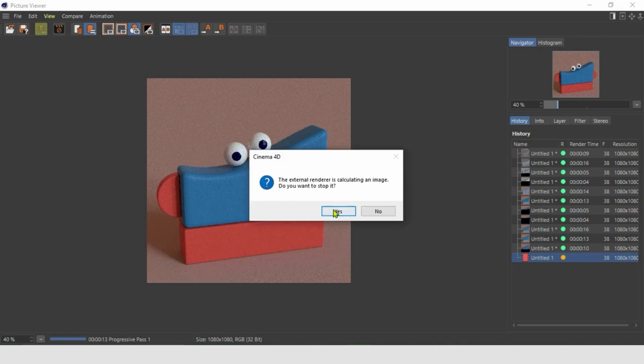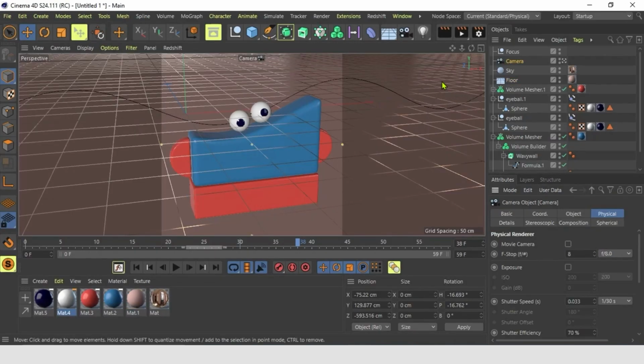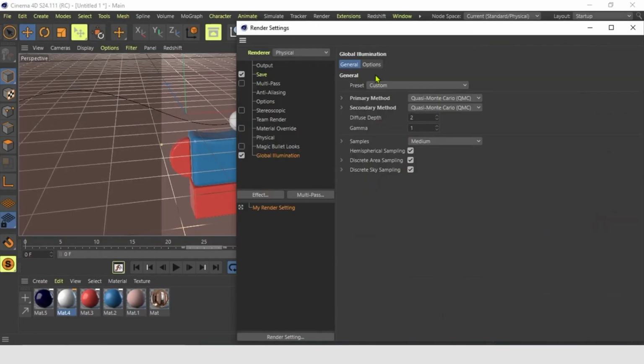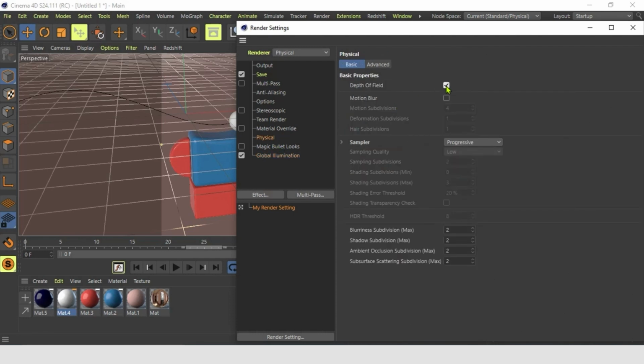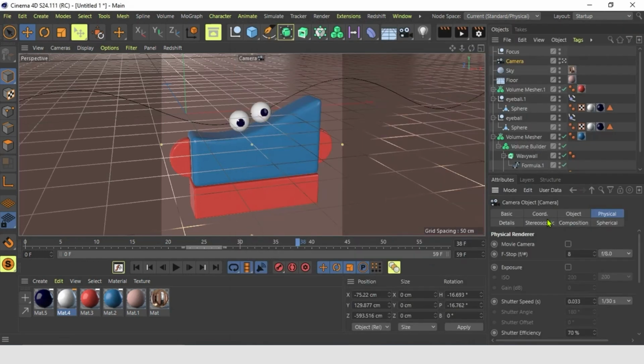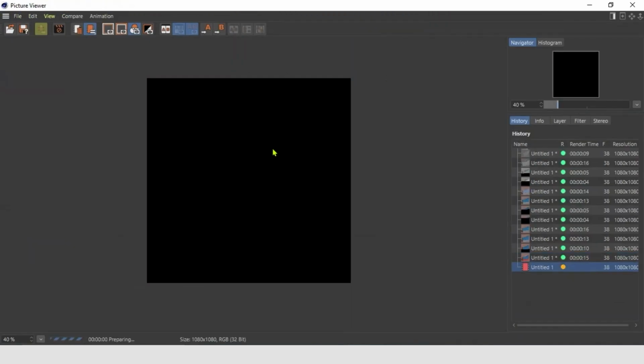One thing we can add now is a little depth of field. So we go up here and we choose on the physical the depth of field tag and we make it active. And the other thing we do, we go on camera and we go on physical and we just put this on the f-stop on 1, so it's a bit more extreme, maybe even more 0.8, make it more extreme to see it better.